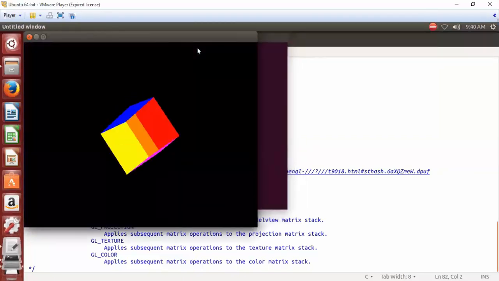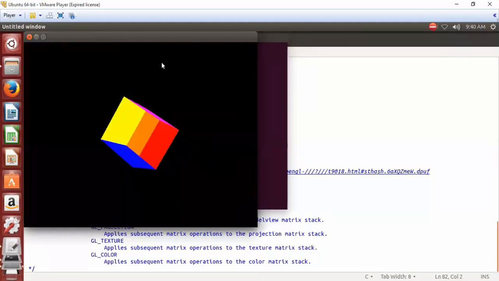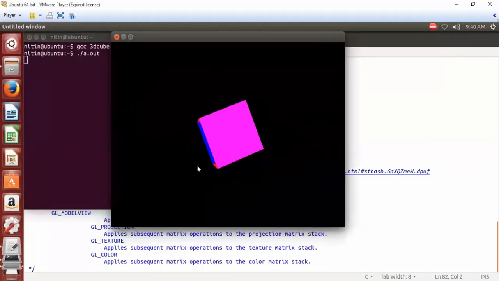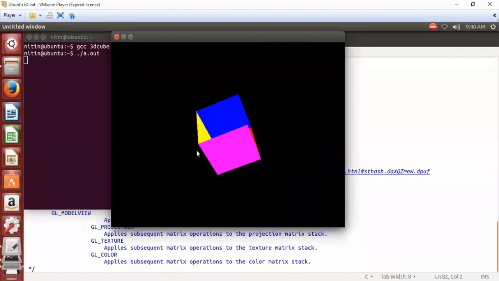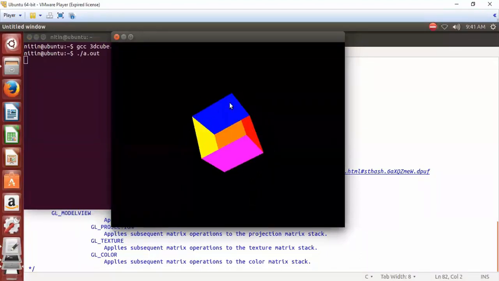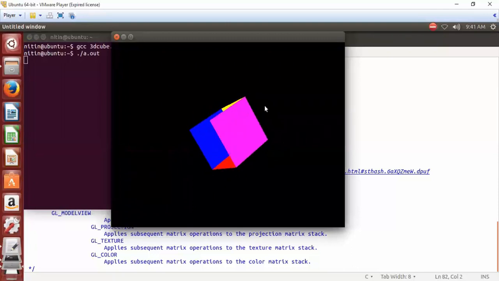So this is the output of 3D cube rotation. We have a 3D cube with all different sides colored with different colors, and it is rotating in all directions, X, Y and Z direction.